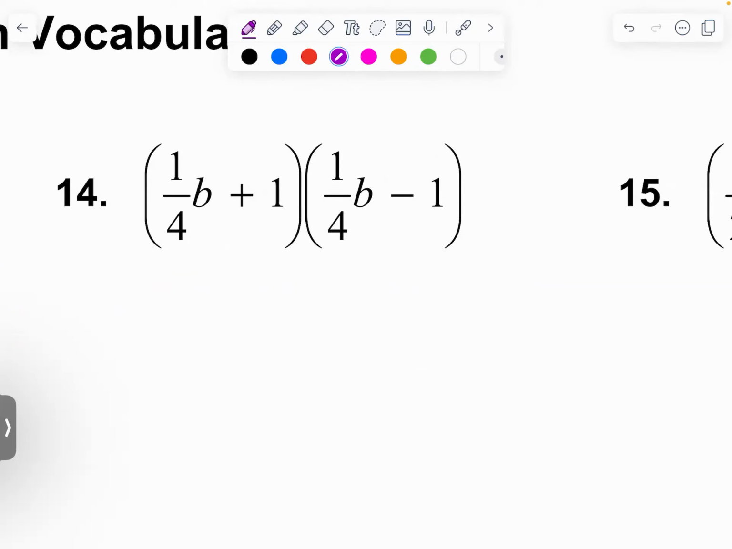Okay, so what happens when we take 1/4 b times 1/4 b? We get 1/16 b squared. And when we take +1 times -1,